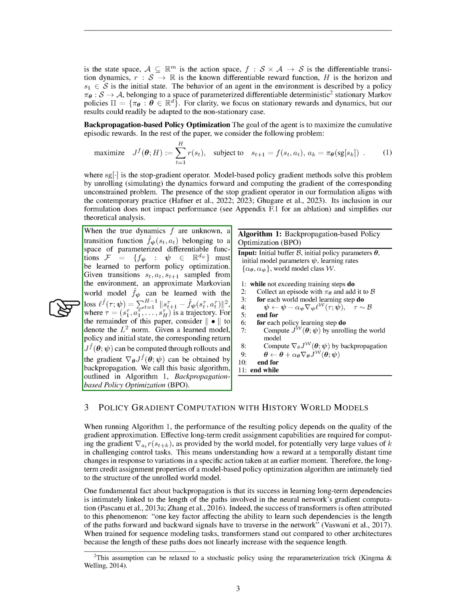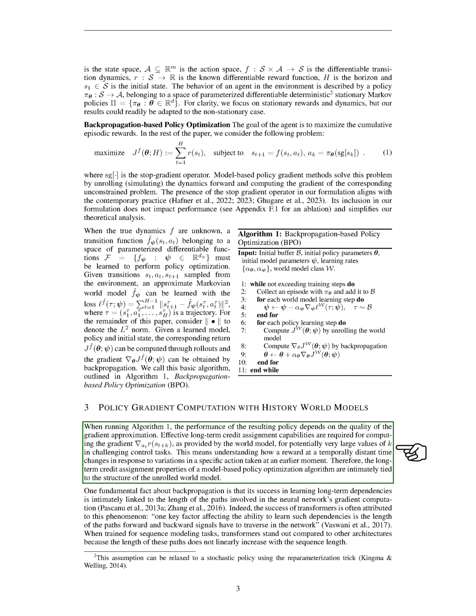Section: Policy Gradient Computation with History World Models. In this section, we discuss how the computation of policy gradients is influenced by the use of history world models, HWMs. When we run an algorithm, the effectiveness of the policy it produces is closely linked to how accurately we can approximate the gradient. This is especially true for tasks that require us to understand the impact of an action taken now on rewards that might be received much later.